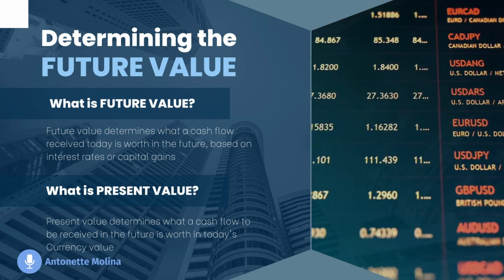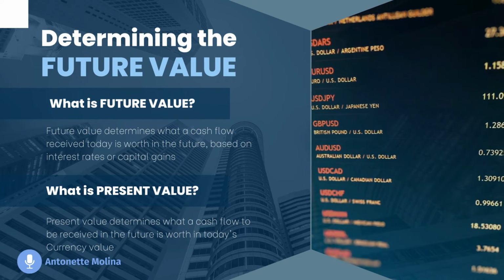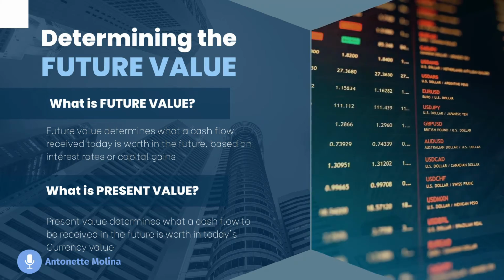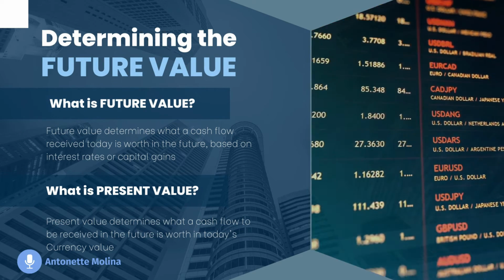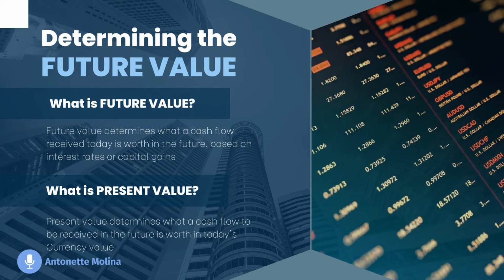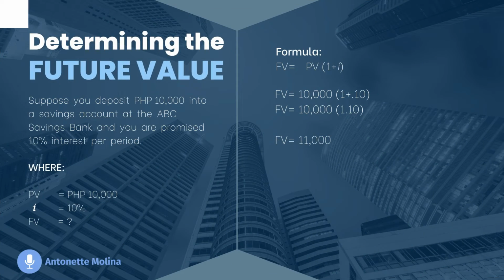So it discounts the future cash flow back to the present date using the average rate of return and the number of periods. No matter what the present value is, if you invest the present value amount at the specified rate of return and number of periods, the investment would grow into the future cash flow amount. Okay. Suppose you deposit 10,000 pesos into a savings account at the ABC Savings Bank and you are promised 10%